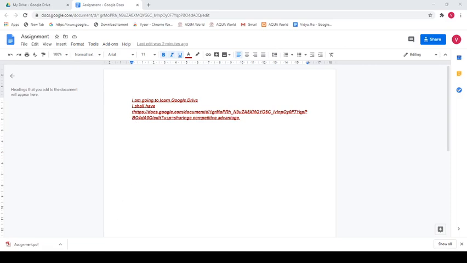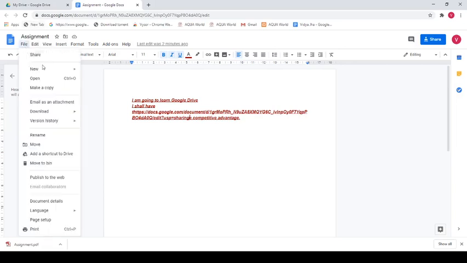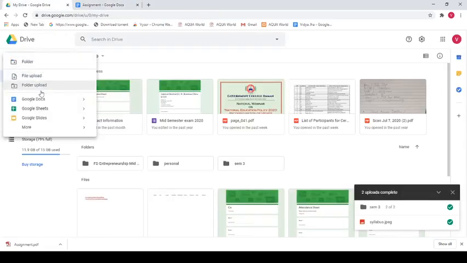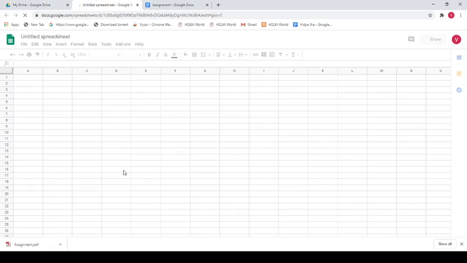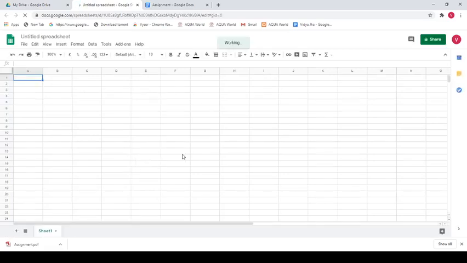Right. So this is the basic important thing about Google Docs. It is very important when you need to save your assignment, when you need to save your work. It will be easily available. Now the next important thing is, like Google Docs, you have Google Sheets. Now Google Sheets, blank sheet or from templates. Suppose Google Sheet is what? Google Sheet is something like your Excel sheet. If you have to work on Excel, you can create a sheet and work on it. It will be saved there and then.